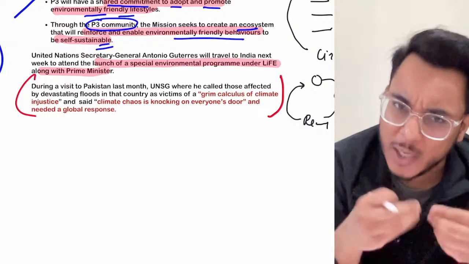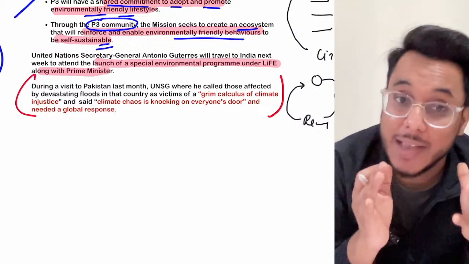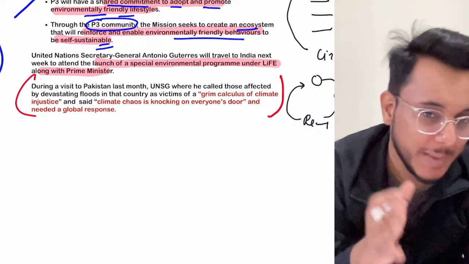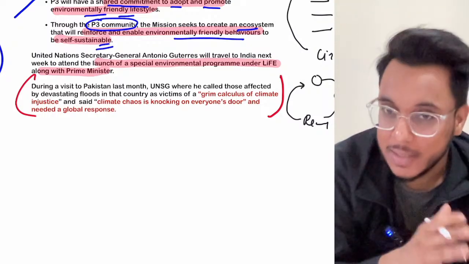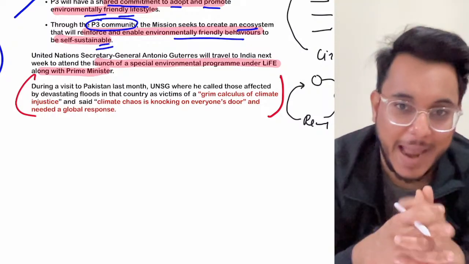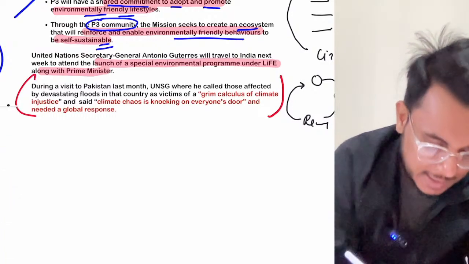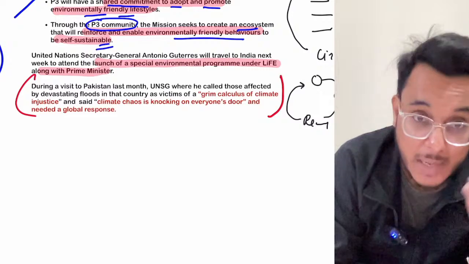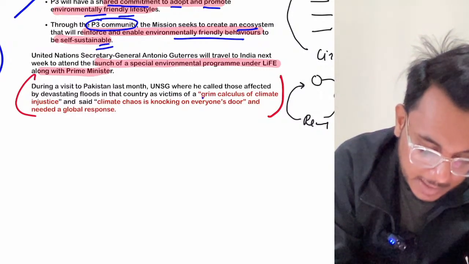Okay, so this is something that you can use in your answers. Now, guys, your answers always need to have some value-additive substance. You might be knowing this particular thing, that recently there were floods in Pakistan, and as the floods came, the United Nations Secretary General had said that the Pakistan's flood and the people affected by it, it is a grim calculus